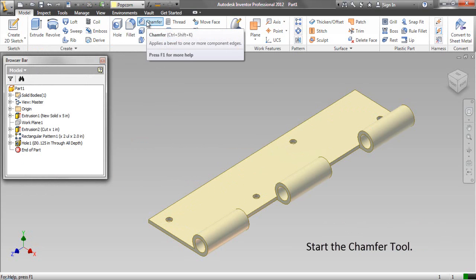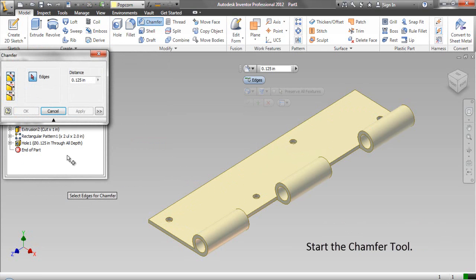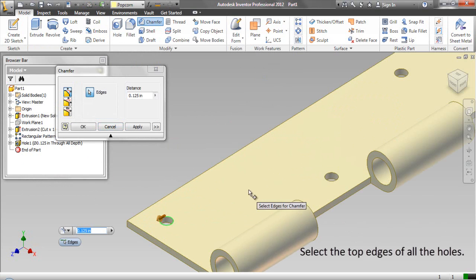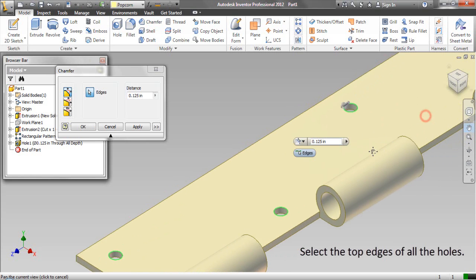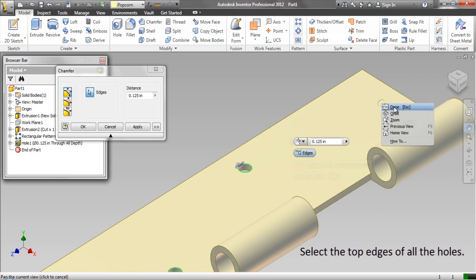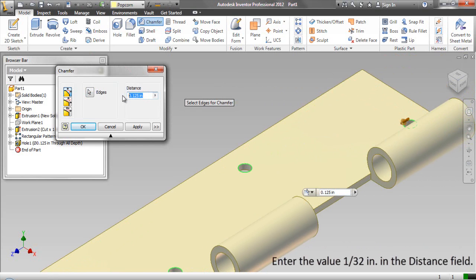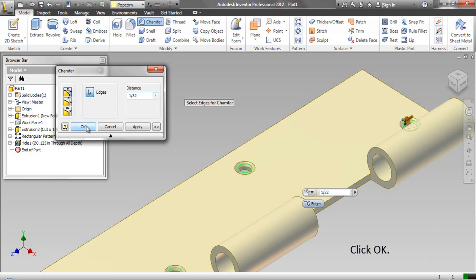Start the chamfer tool. Select the top edges of all the holes. Enter the value 1 by 32 inch in the distance field. Click OK.